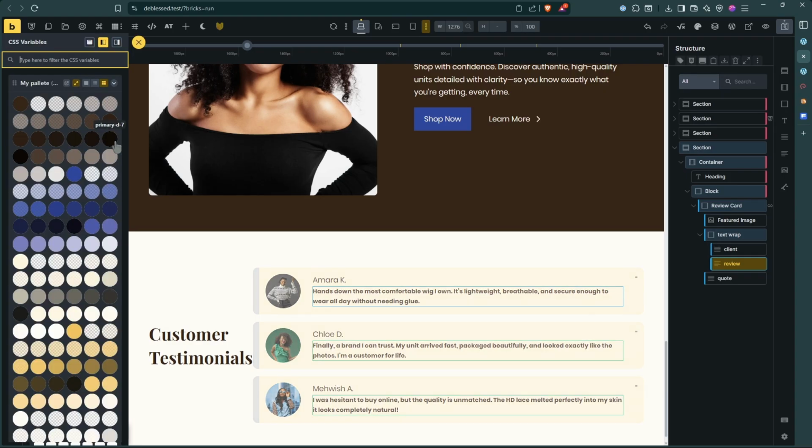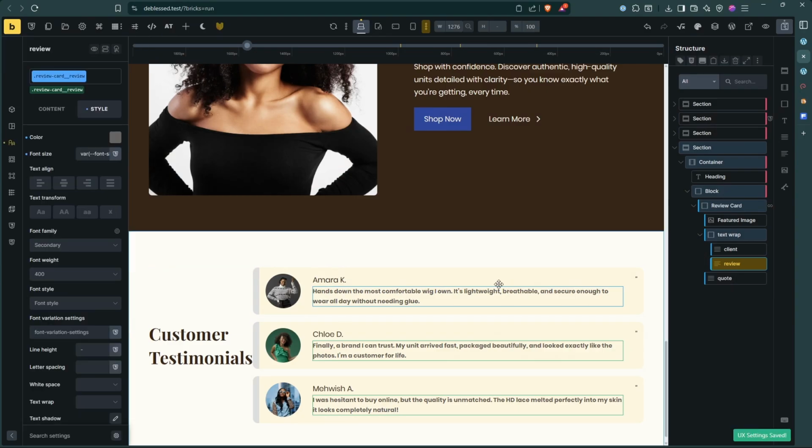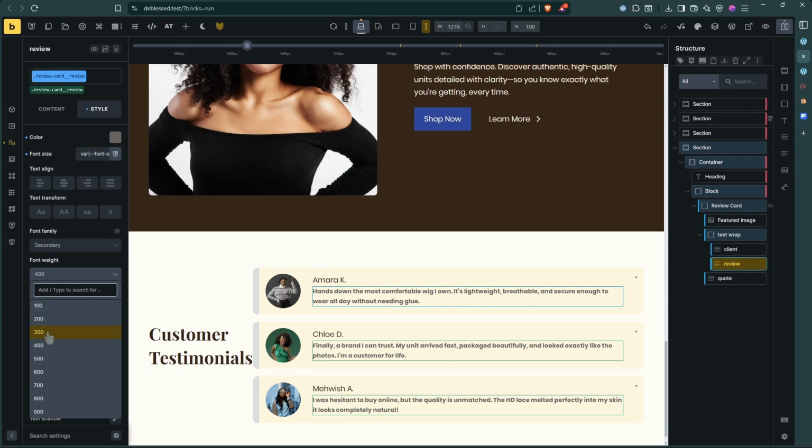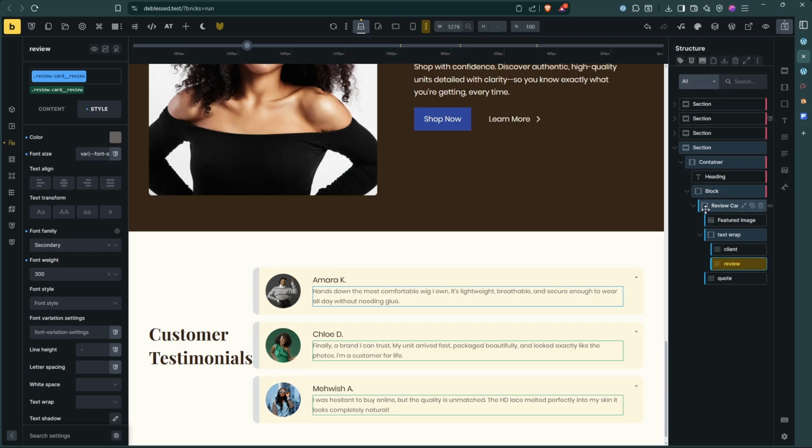Then text. Let's use this. Then light 300. I just found that tick. Let's just use this. Now for the card,